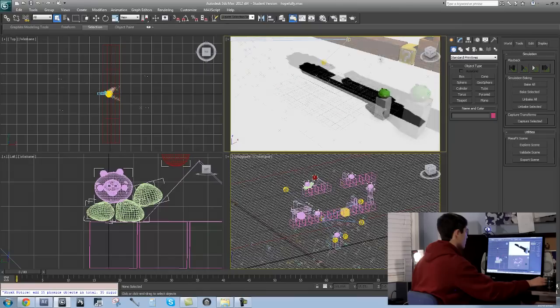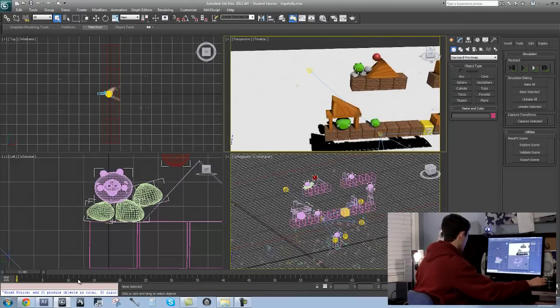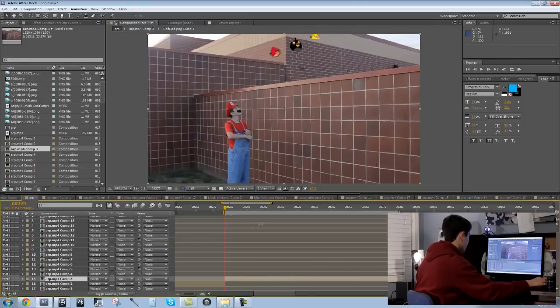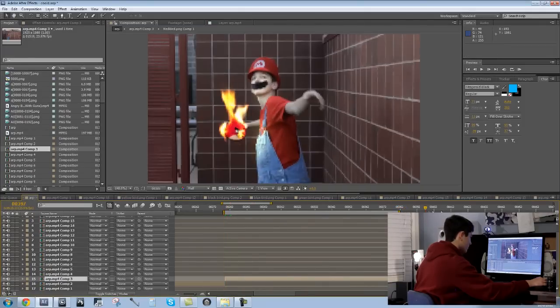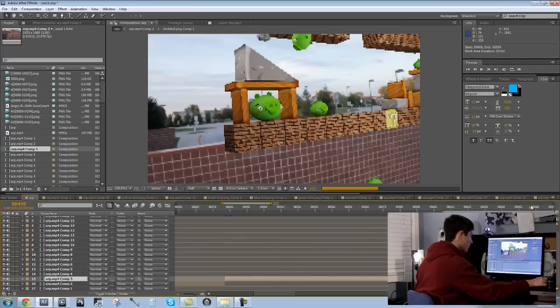For the physics simulations, on this shot right here, where I have After Effects, let me see where I have this. So for this shot right here, for example, after I'd rendered it out and motion tracked it,